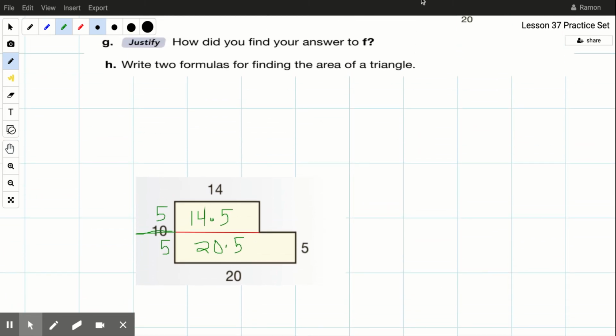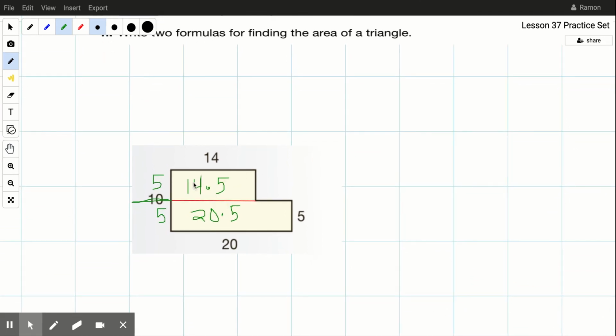All right. So now we find the area of each. So 14 times 5 is 70. And 20 times 5 is 100. So finding the sum of these gives us 170 units squared. Now, I did mention that it doesn't really matter how you decide to split these up. And let's go over what that looks like